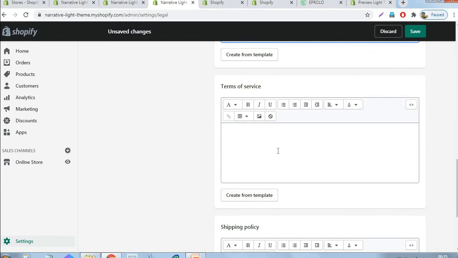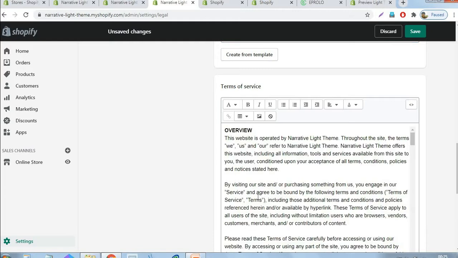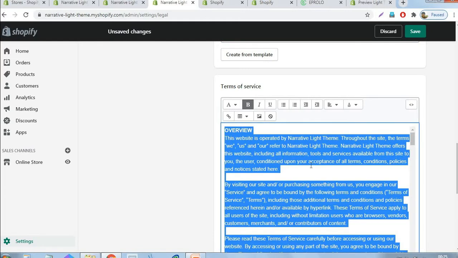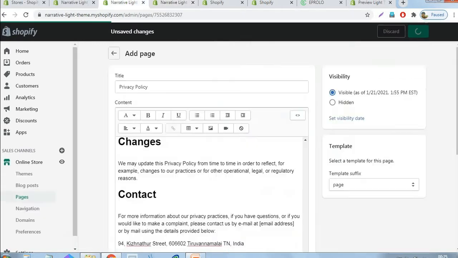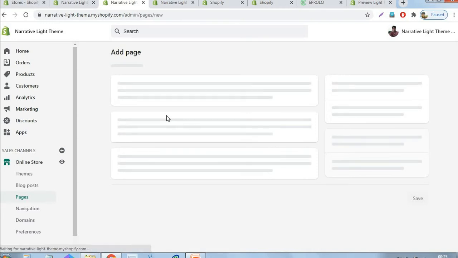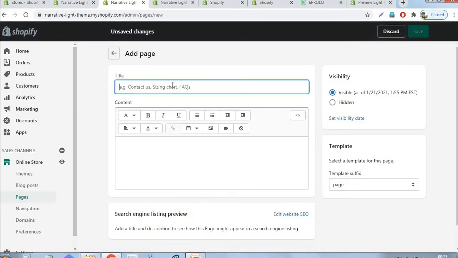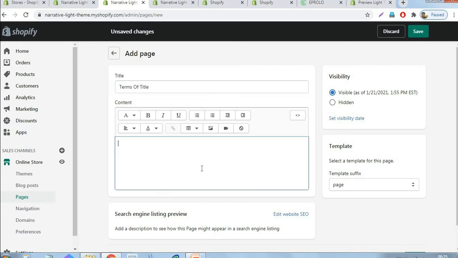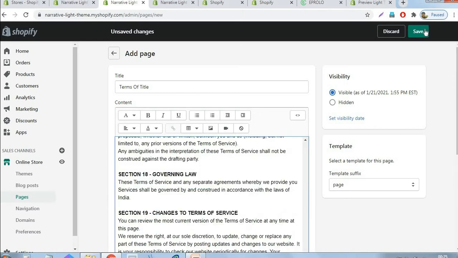Then we are going to create our terms of service page. Just click the create from template link. Ctrl A, copy all the text and click the create another page. Terms of service, give a title and just paste here and click the save button.